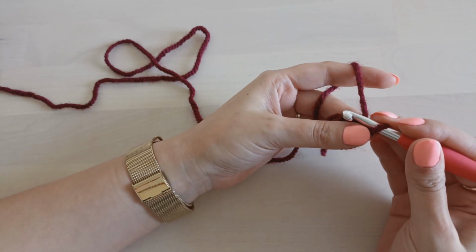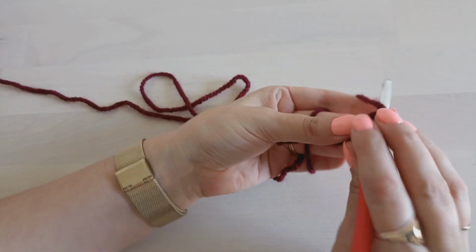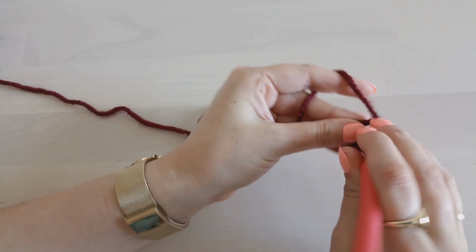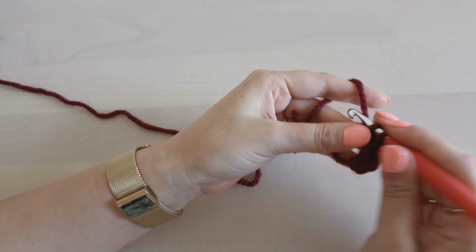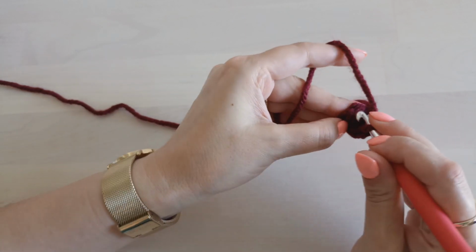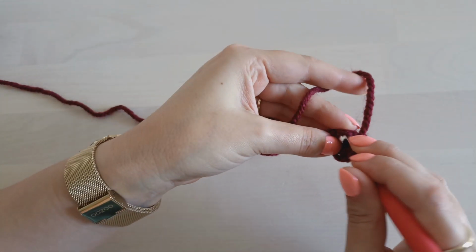So 2, 3, 4, 5, 6. I pull the yarn and I make a slip stitch at the first stitch that I make. So now that I have my first row with 6 stitches,